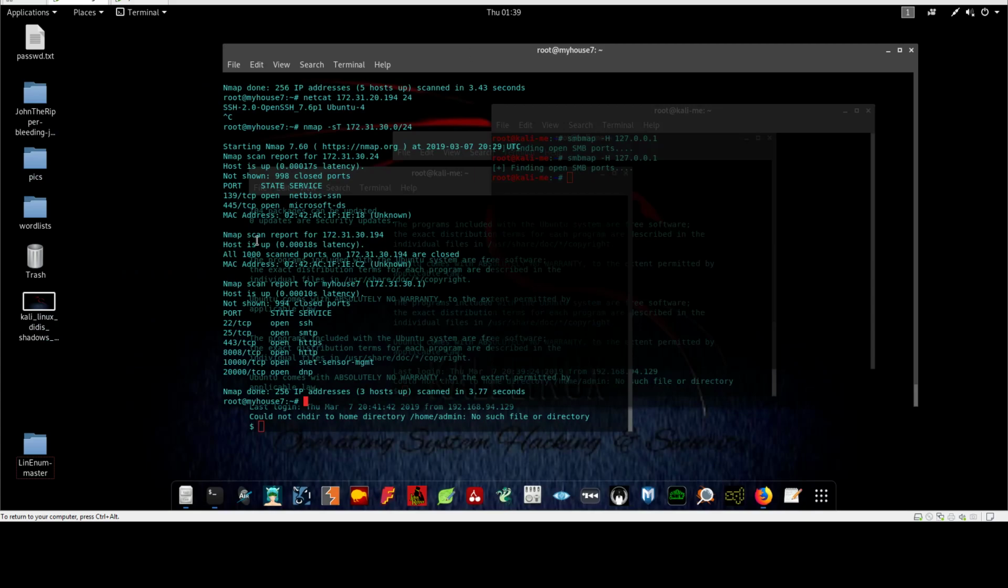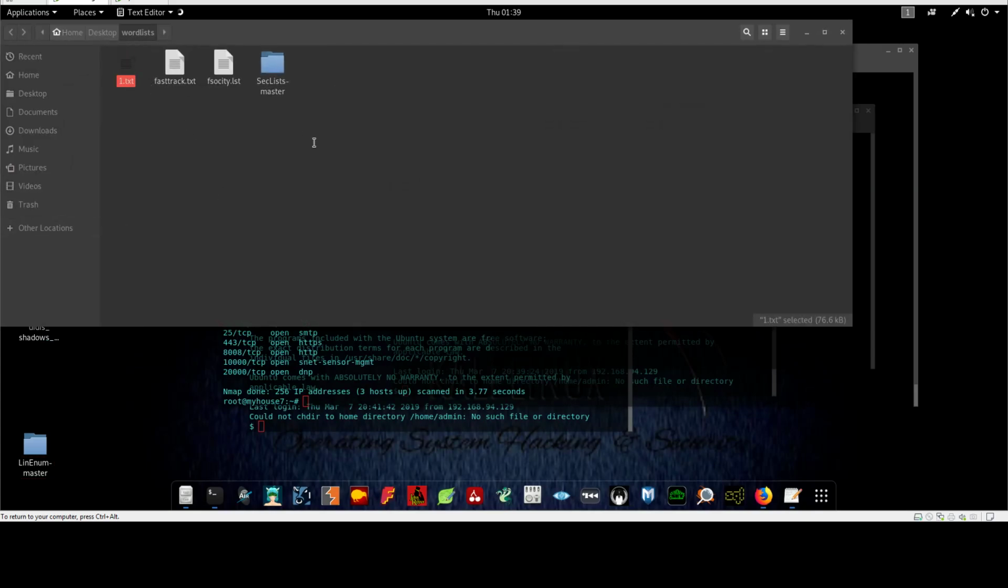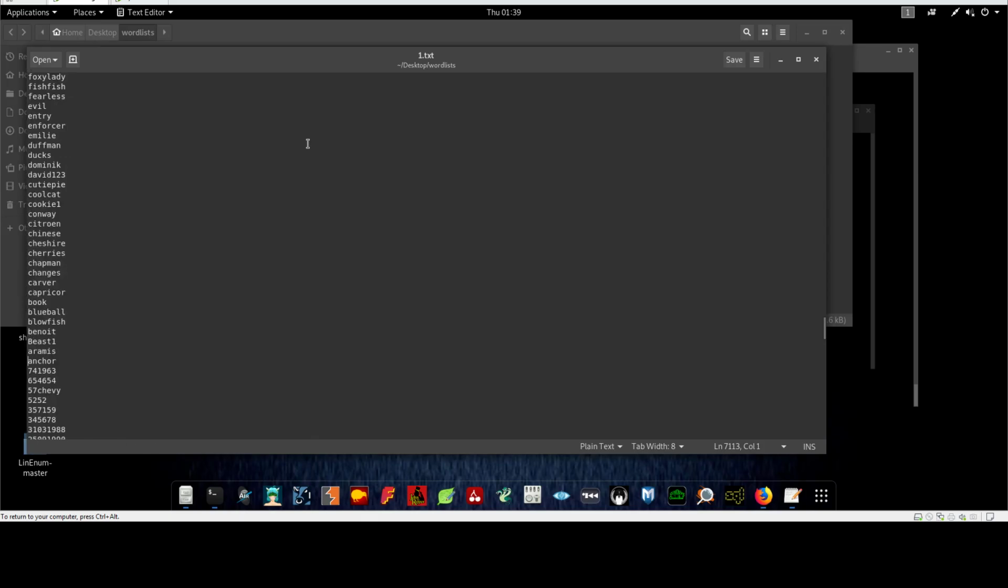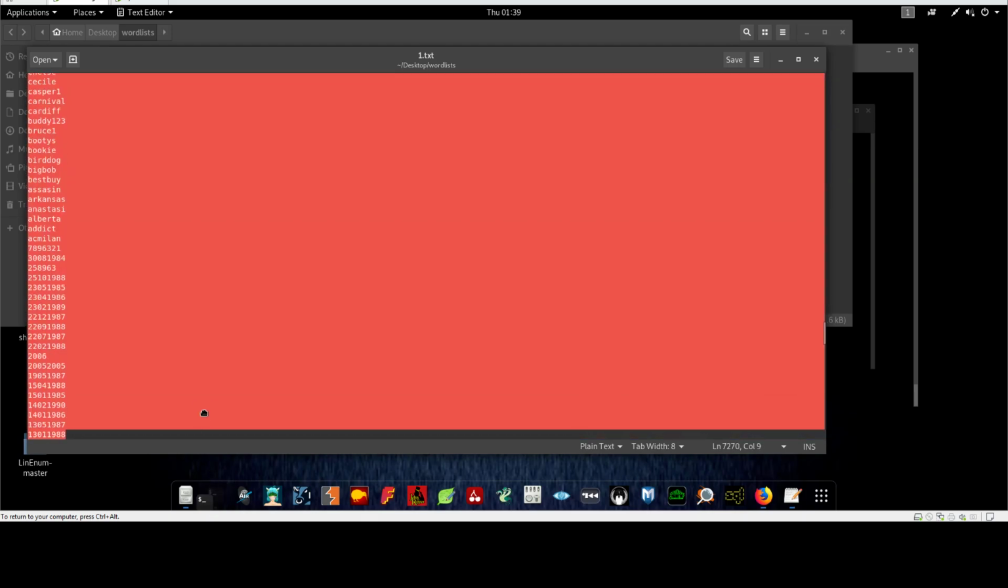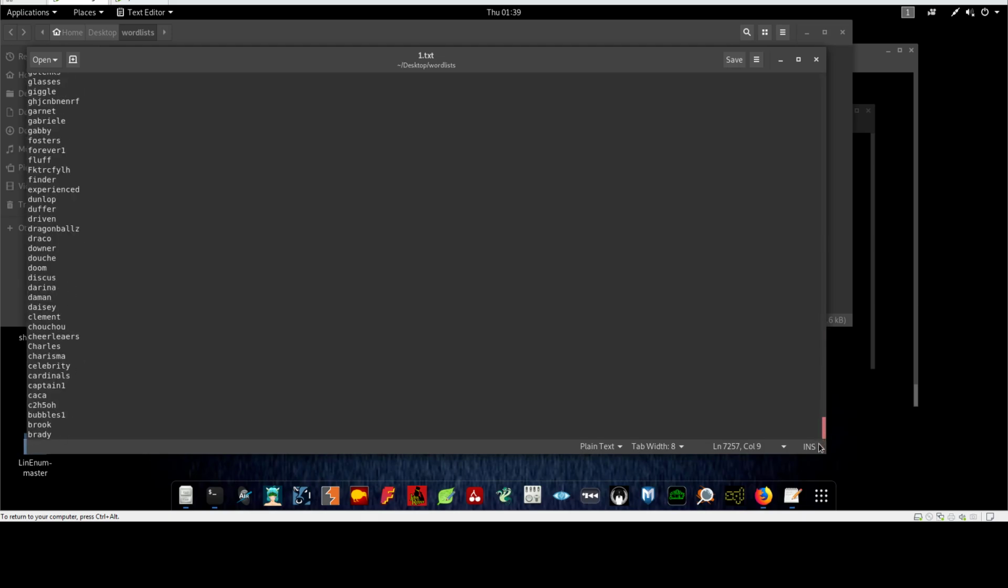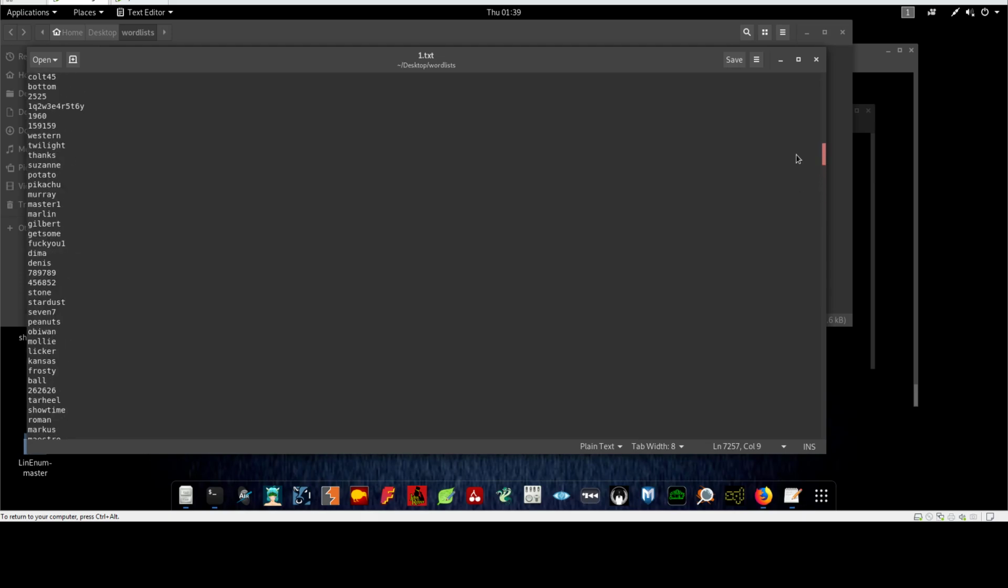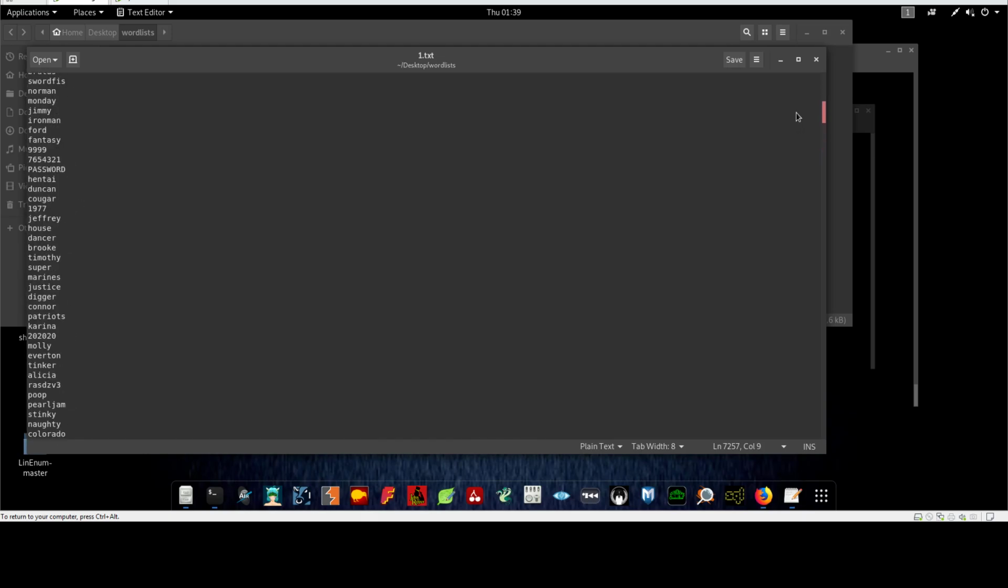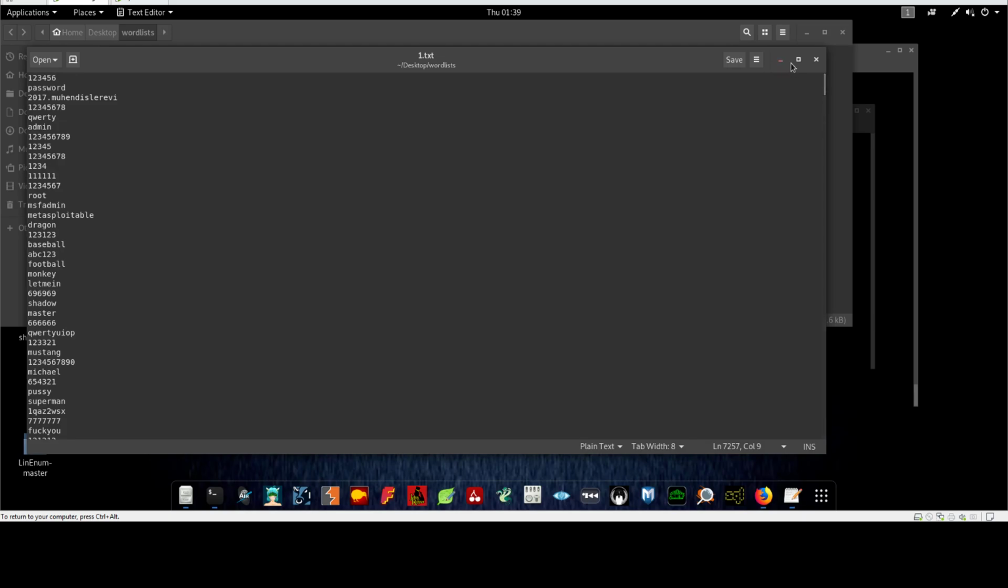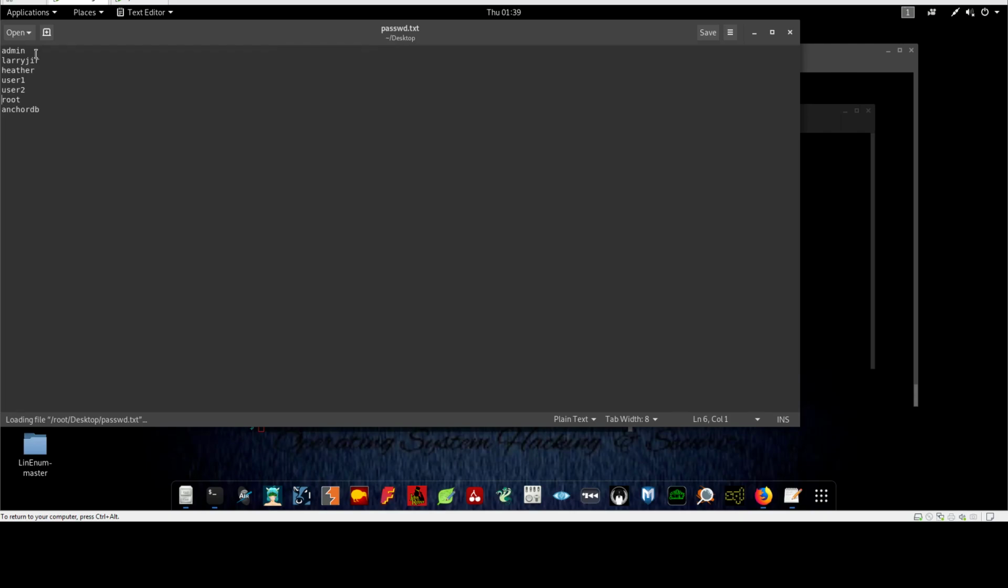let me check out the Hydra or the wordlist I have. So this one over here. Okay, it's not such a long wordlist, but okay. So, and this password list over here, I'm not sure why it succeeds. Root, anchor DB. So why? I think anchor DB and okay. So